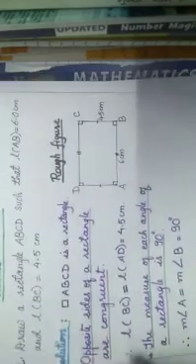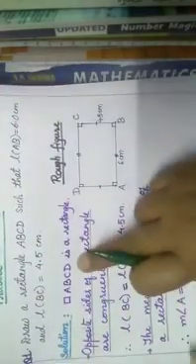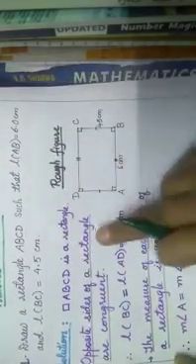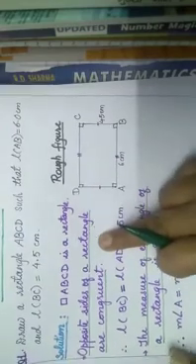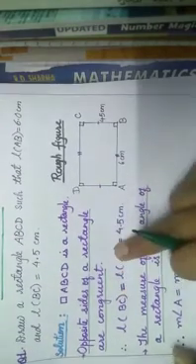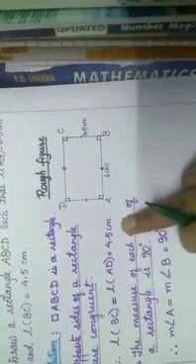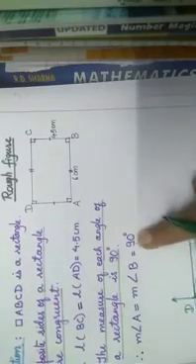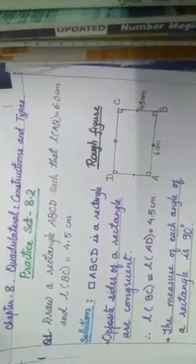Now the first question is over. Children, first what you have to do? Solution, then draw the rough figure. Now put the property over there, write down this property. Opposite sides of rectangle are congruent. Then the opposite lengths are equal. Then measure of each angle is 90 degrees. So show the angle, and in this way you have to construct the rectangle. This is question number 1 of practice set 8.2.